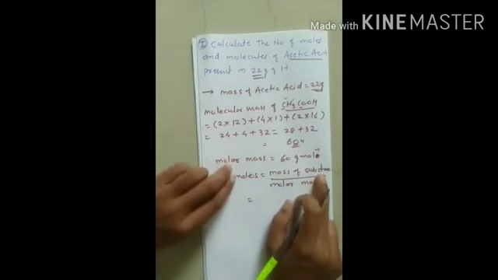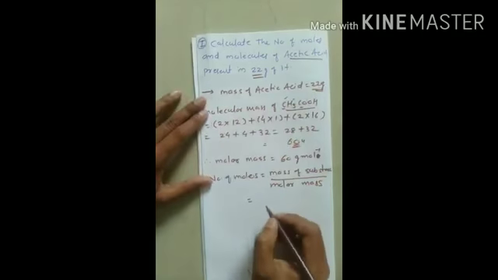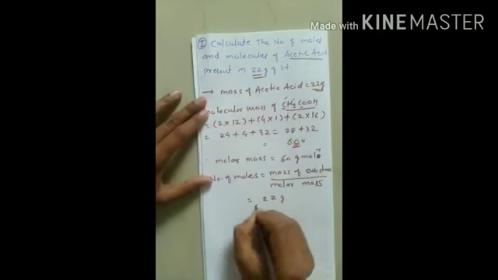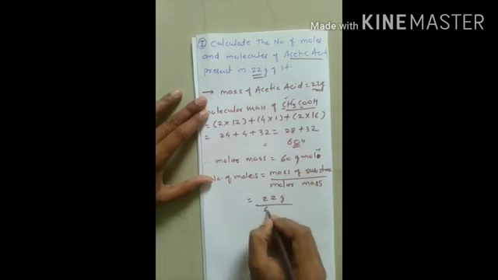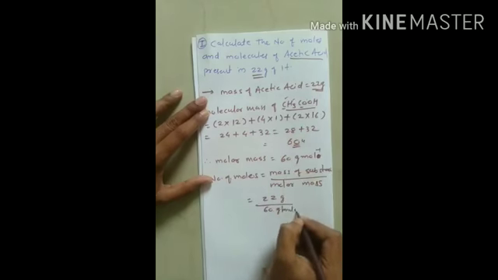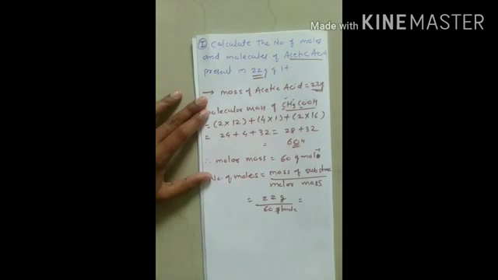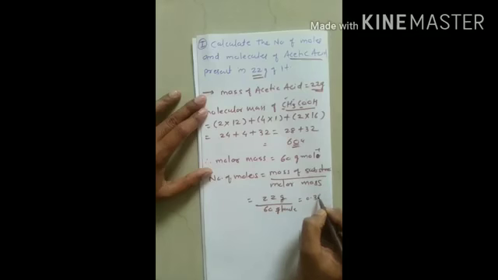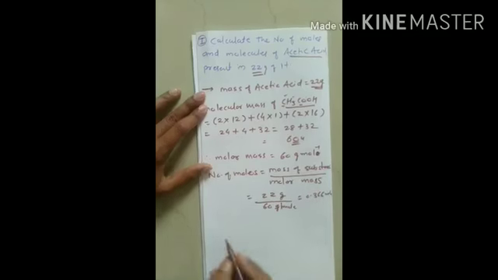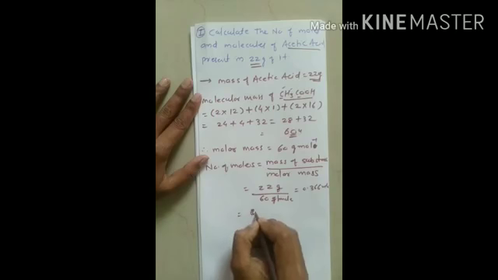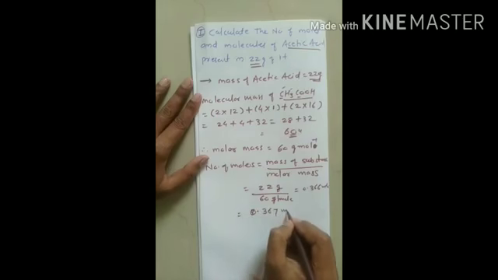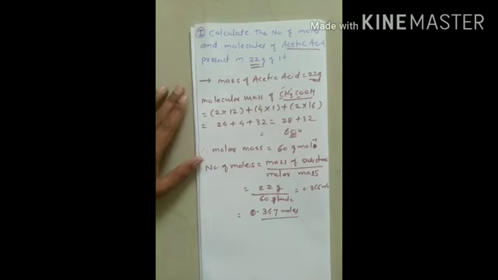The mass of the acetic acid is already given, it is 22 gram. So I'm writing here 22 gram divided by molar mass. We have found it as 60 gram per mole. Okay, so this gram will get cancelled out, and if you solve this, 22 upon 60 is 11 upon 30, and if you convert it into a fraction you will get 0.366 number of moles, or more precisely we can write it as 0.367 moles. Okay, so this is the first part of your answer.